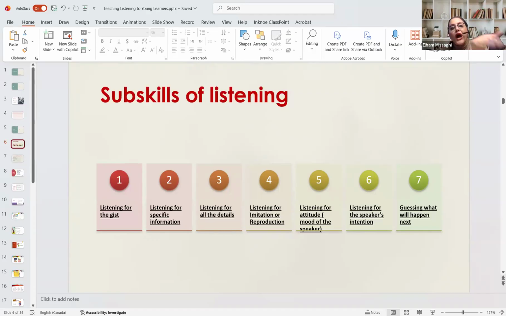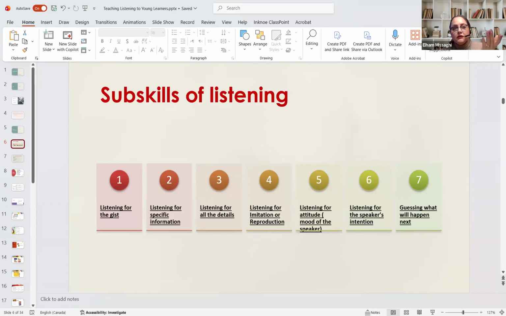Then you get to the while-teaching task. That's the second phase. What about the while-teaching task? It's a task that the students need to practice. So you prepare different activities, like listening for the gist. They listen to it and they say what they get. Listening for specific information, like detailed questions. When it happened, who was involved?